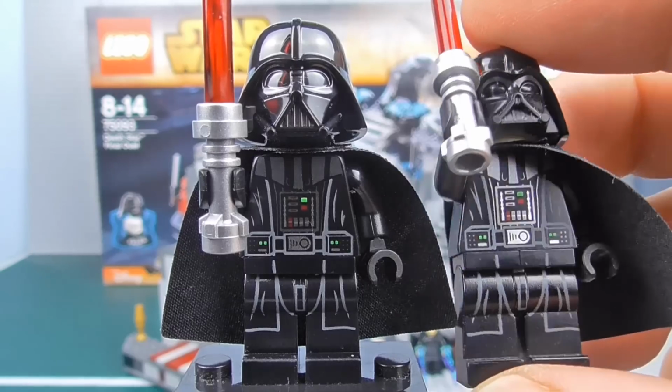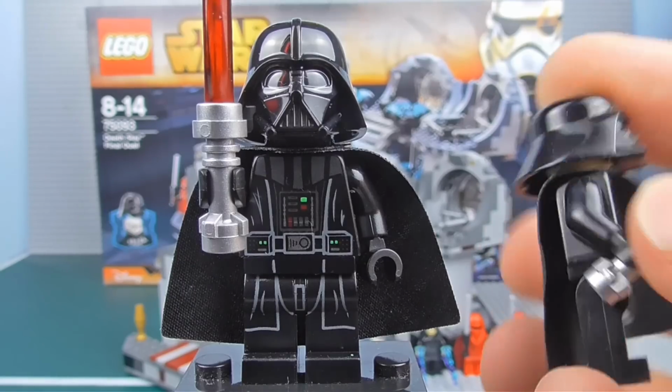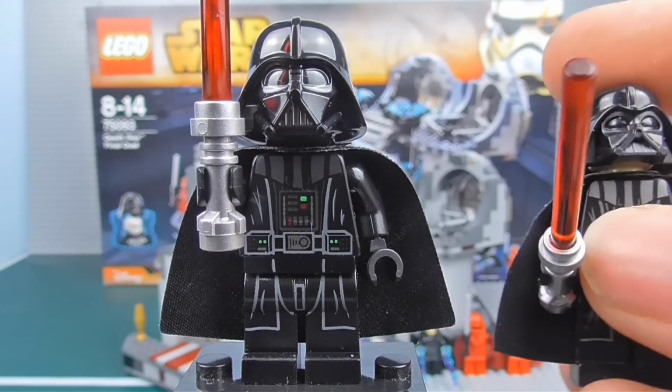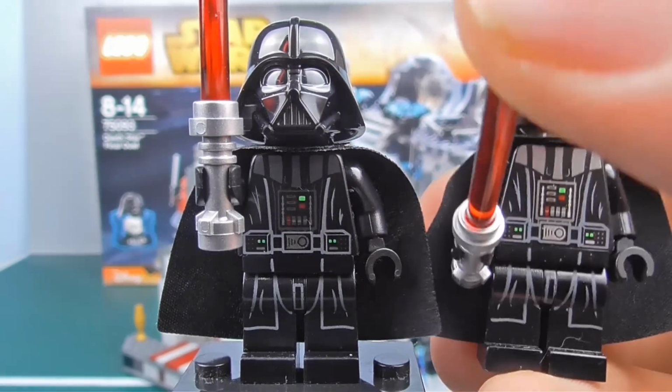I mean, it's still pretty good because, of course, the printing is very, very nice. But there's really nothing to say there. Cape's the same. There's no back printing because of the cape. I mean, there's no real need. And besides, we never see his back, so how could LEGO ever guess what his back's like? It's probably pretty black anyway. But anyway, so